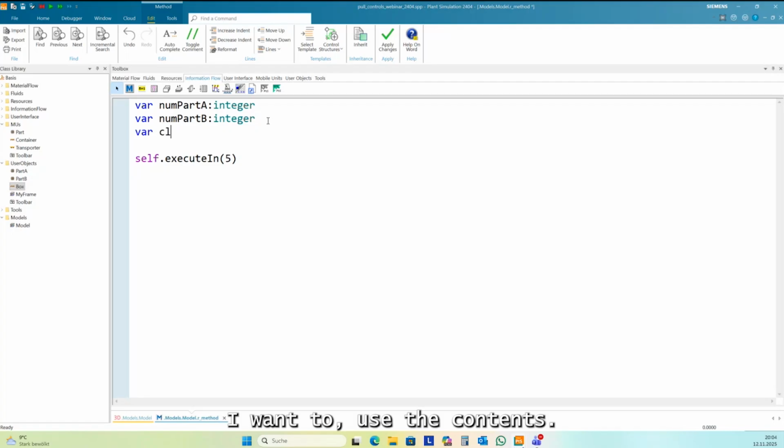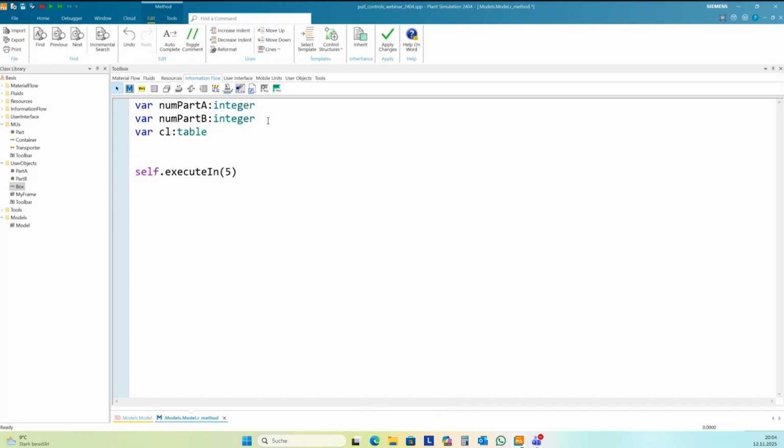I want to use the contents list of the store. So I need a table, and I read the contents table of the store into this variable.